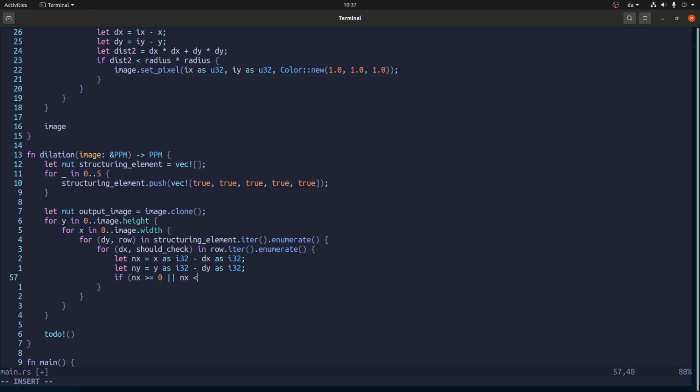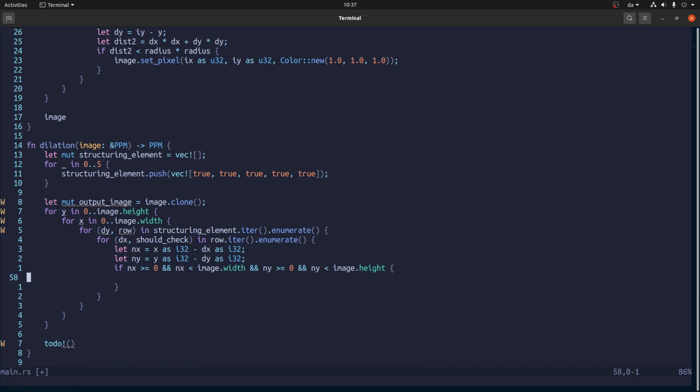It should be less than the width. So it should be an and I don't need that. And if that is also greater than 0 and less than the height, then,